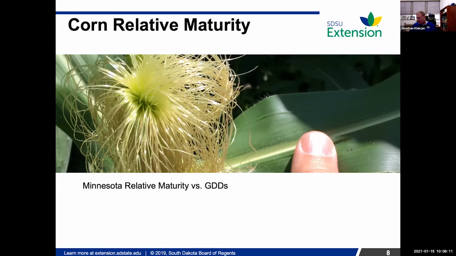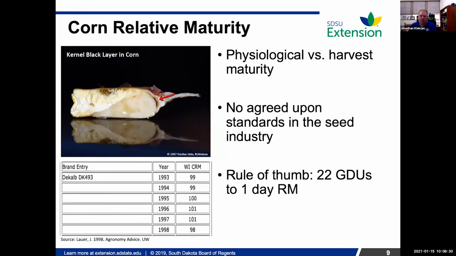But just a brief explanation, if you have no idea, growing degree days are just units of heat. 50 degrees is the minimum, 86 degrees is the maximum. And you divide that by 2 and it gives you a number which tells us kind of an approximation about how much energy is available in a day for a corn plant to use for growth. So again, I didn't put the equation on. I didn't think it was necessary for today, but the whole concept of these corn relative maturity ratings is a little bit fuzzy.